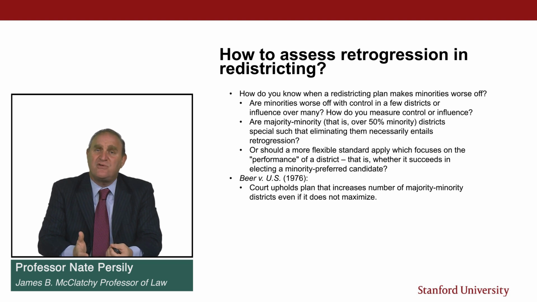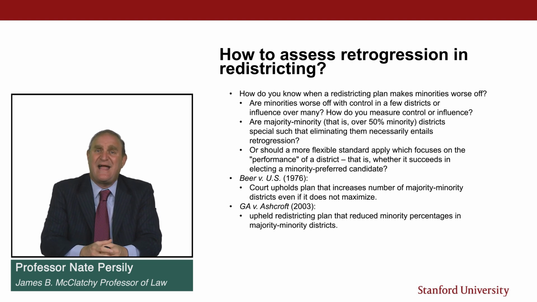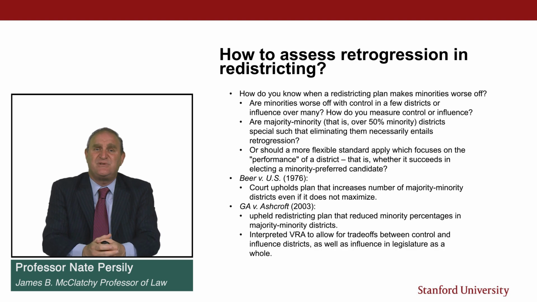In Georgia versus Ashcroft, though, the court really grapples with these questions as to what does it mean to represent minorities? What does it mean to make them worse off in the redistricting process? And Georgia versus Ashcroft upheld a redistricting plan that actually reduced the minority percentages in certain majority-minority districts. And it adopted an expansive interpretation of the Voting Rights Act to allow for trade-offs between control and influence districts,